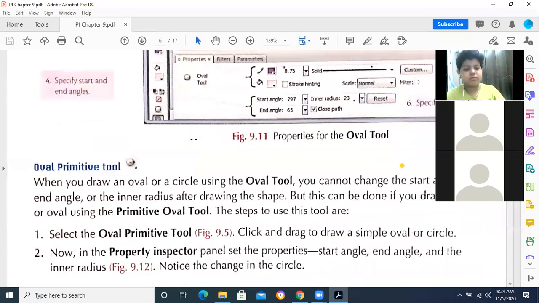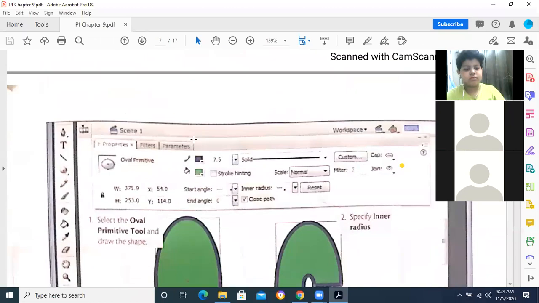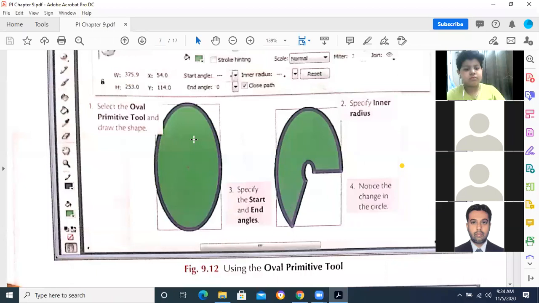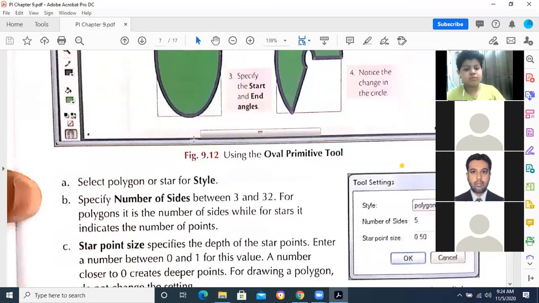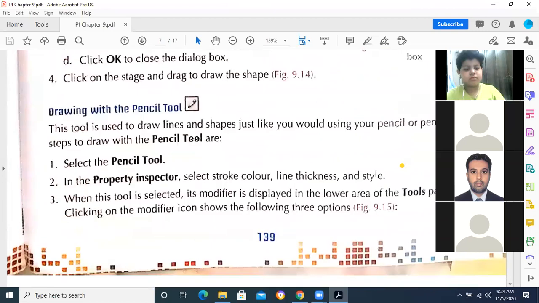So, I had explained to you the complete procedure. It means that you people are doing it and you are well aware of it. This is the thing that I had explained to you practically, how you can do this by reducing some size of the circle by mentioning the starting and ending angle.